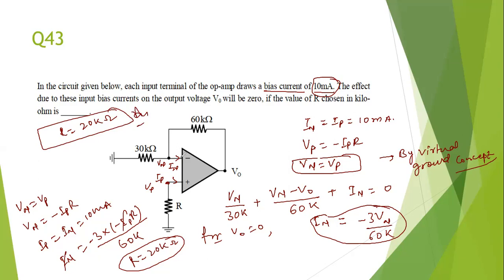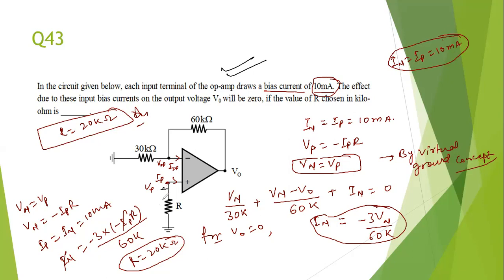So just write Vn equal to Vp, that is, equate the node potential at the input bias current. In equals Ip, this is your input bias current, and this is 10 milliampere. With Vn equal to Vp, you will get the right answer. It's a very simple question. Such questions are based only on KVL and KCL. My dear friends, here I have used only KCL, just write the node equation and you will get all the parameters.